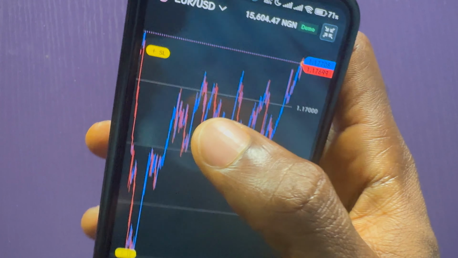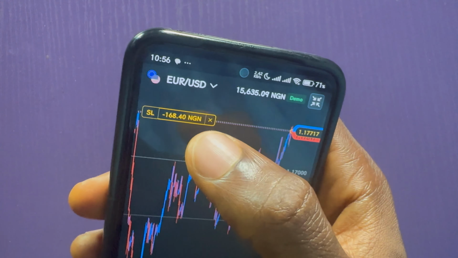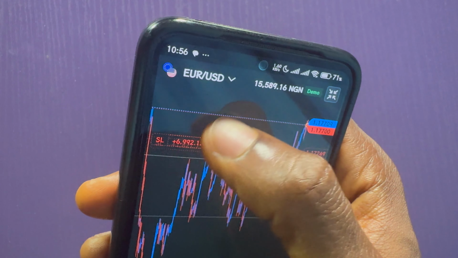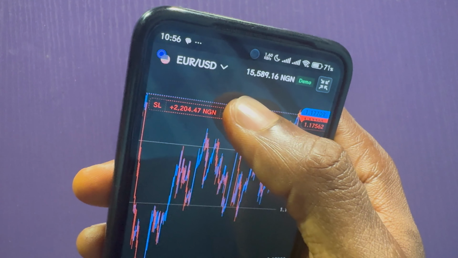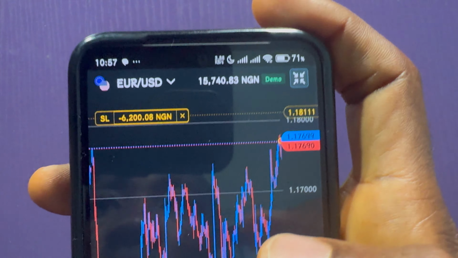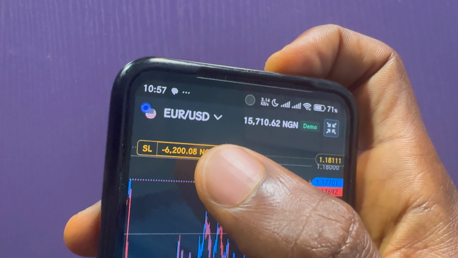So you have to tap on this plus SL. Once you tap on it, you will see this option now appears. This option is draggable. You can drag this option. All you have to do is to drag this option above the amount you want to risk for the trade. Look at it. If I leave it here, it means I'm risking